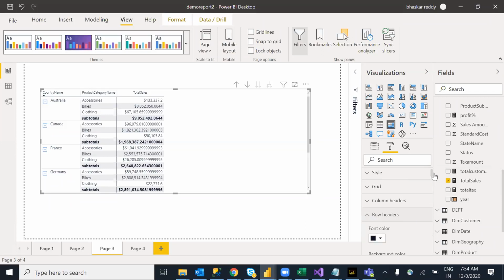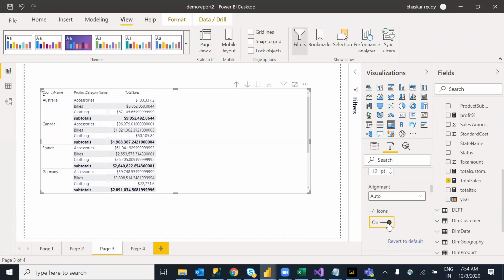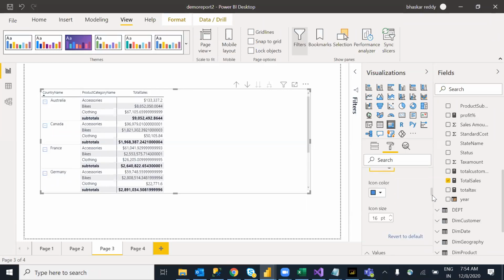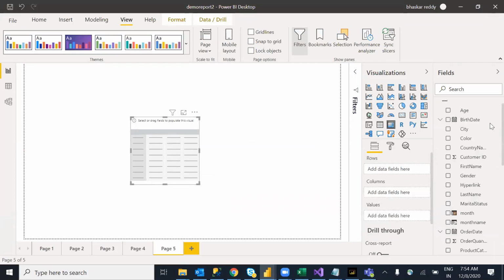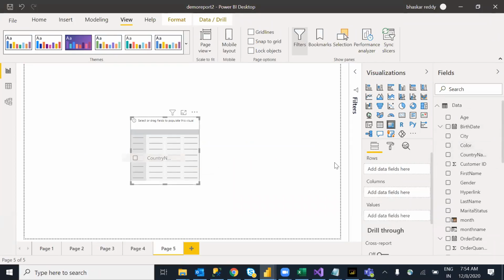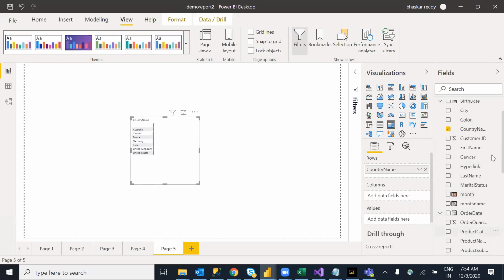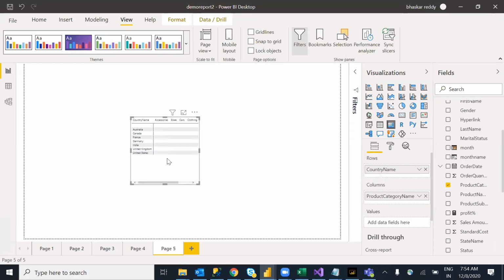We have a hundred sub-properties here, or I can move around. Let me take the table freshly and we'll see. Hopefully we'll obviously get the grand totals automatically. Country name wise, product category wise. I don't want it, so we can move it.